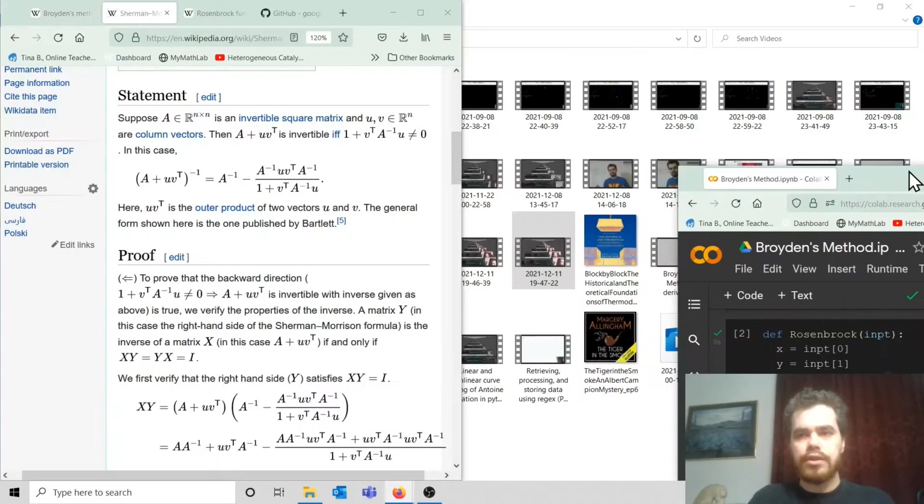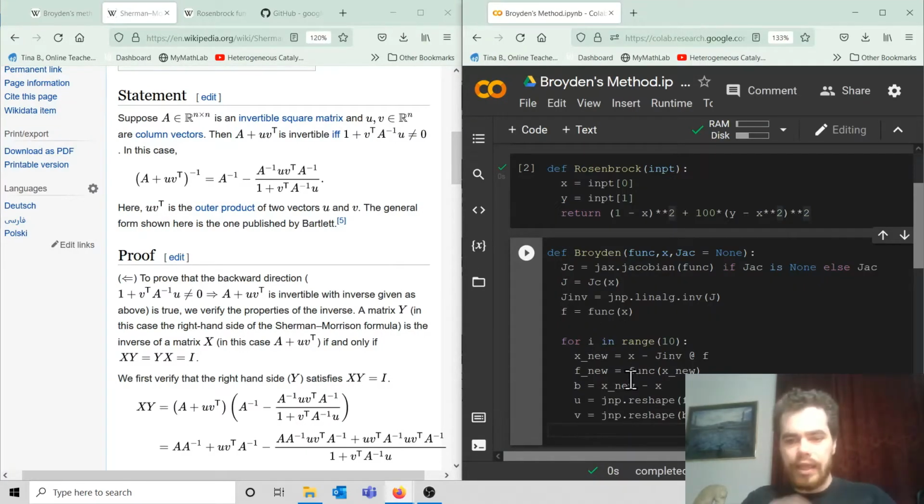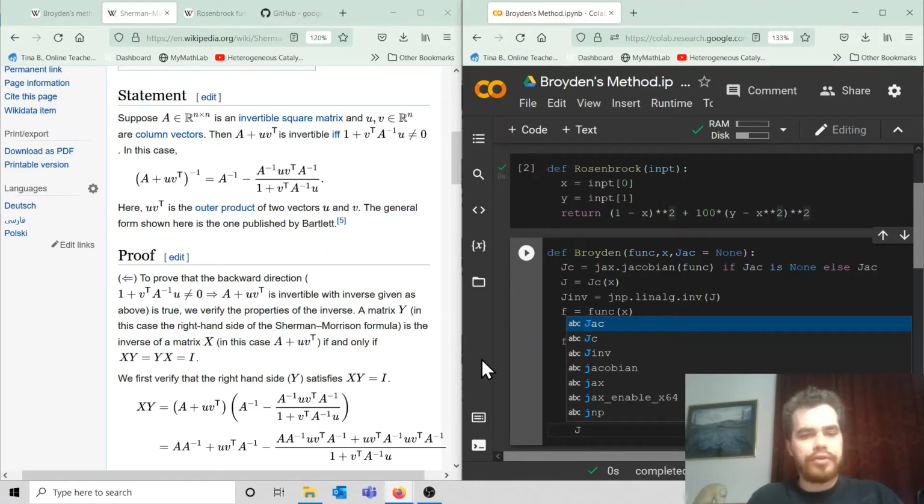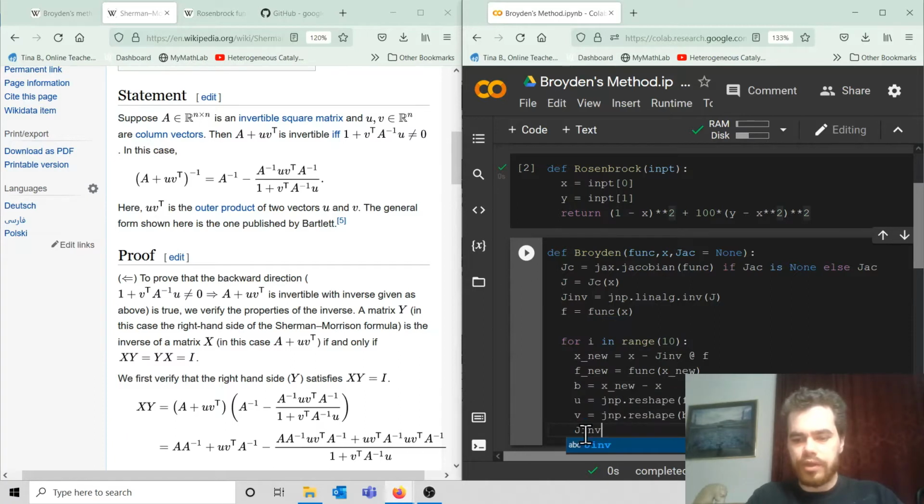Plug everything into the Sherman-Morrison formula, so let's do that. So here's our Sherman-Morrison formula. I won't bother to call this J inverse 2 or something. I'll just keep it J inv, which was equivalent to A inverse in this formula. J inv is equal to J inv minus J inv matrix multiplied with u matrix multiplied with v transpose matrix multiplied with J inv, divided by 1 plus v transpose matrix multiplied with